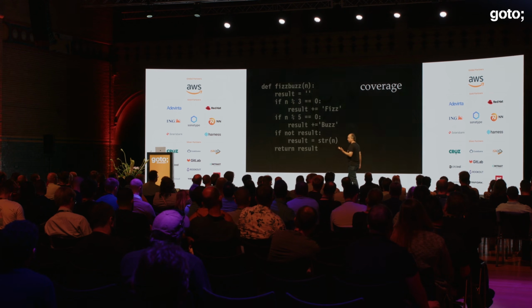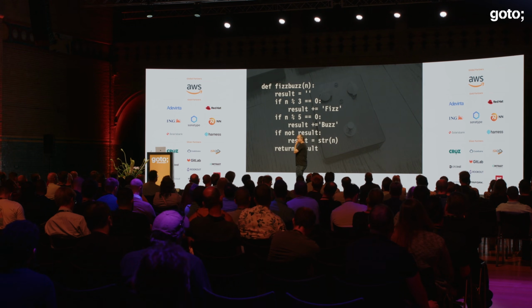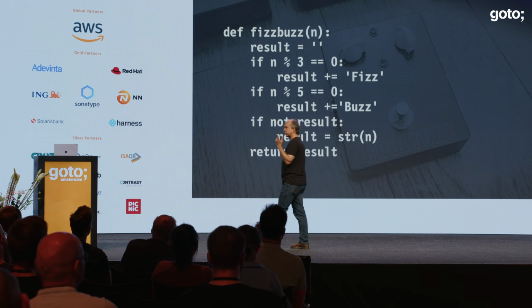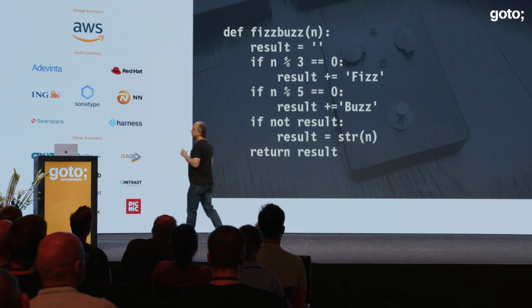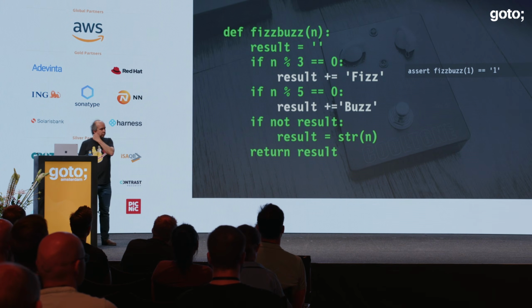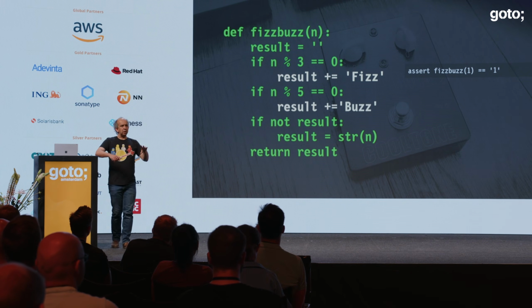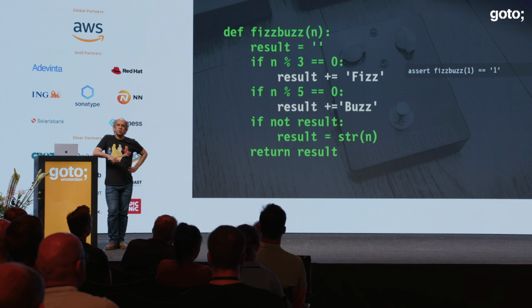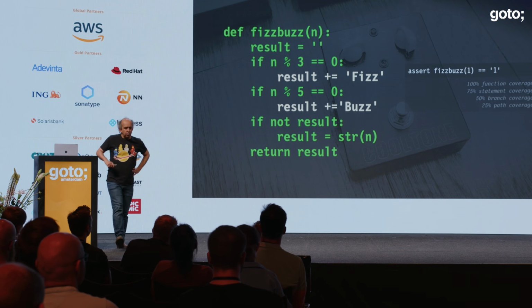So let's talk about that coverage. That's the first example. What I'm going to do is I'm going to highlight the fact that there are multiple forms of coverage, and then we'll kind of close. Assert FizzBuzz of 1 is 1. What kind of coverage have I got from that? Well,